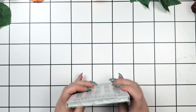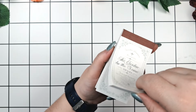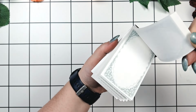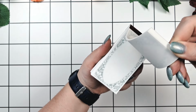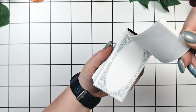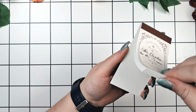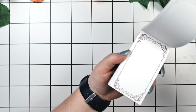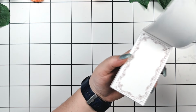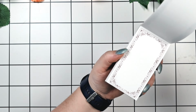a great help. These are little notepads with ornate vintage themed borders and I got them in green and brown, and I'm going to be honest here, I got these only because of Mochi Bujo and her reading journal. I love how she uses these mini notepad papers in her cover spreads and I want to try that as well. These are delicate and elegant, which might be a challenge for me, but I can't wait to see what